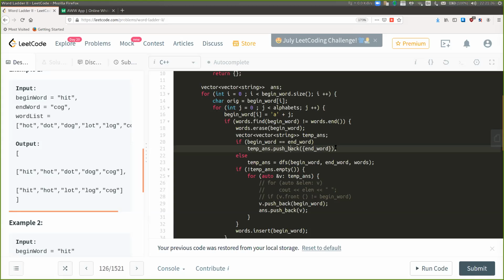So it will be n squared only in the end, right? It will not be exponential. No, it won't be 26 into n squared, because for every word you are trying to replace every character with all the characters.